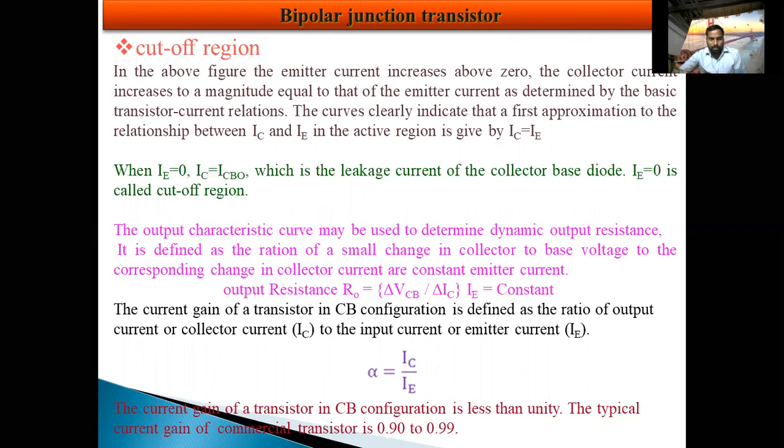Now suppose we have to take the ratio of output current and input current. In a CB configuration, this is defined as the current gain of the transistor in CB configuration mode. Using these two